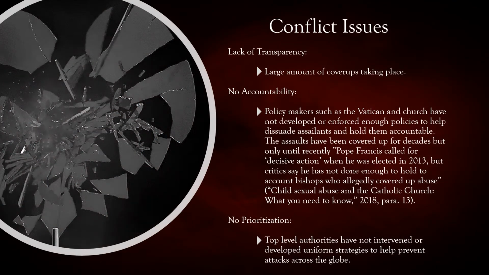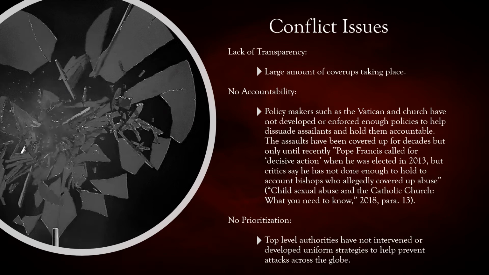The weaknesses seen within this conflict are tied to the issues that are driving the predatory behavior. The first issue is the lack of transparency the Catholic churches have regarding the sexual misconduct from the clergymen due to the large amount of cover-ups taking place. Another issue regarding the sexual assaults is that there is no accountability for the assailants. Policymakers such as the Vatican and Church have not developed or enforced enough policies to help dissuade assailants and hold